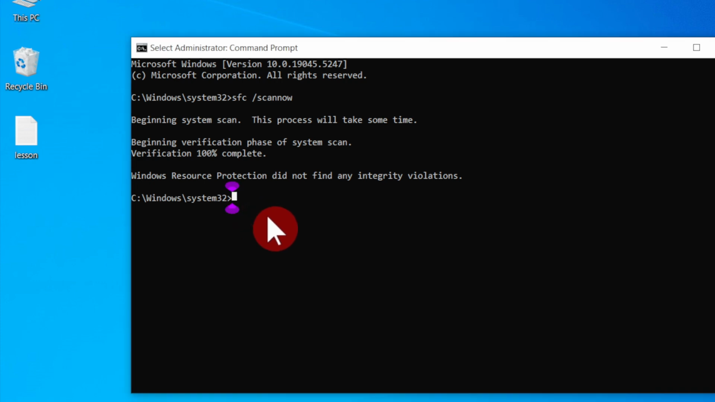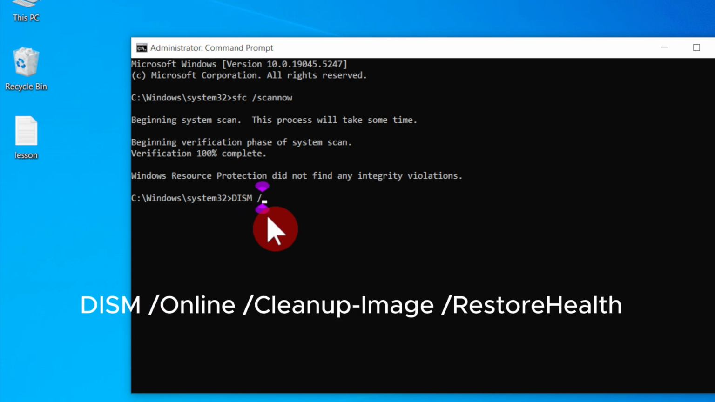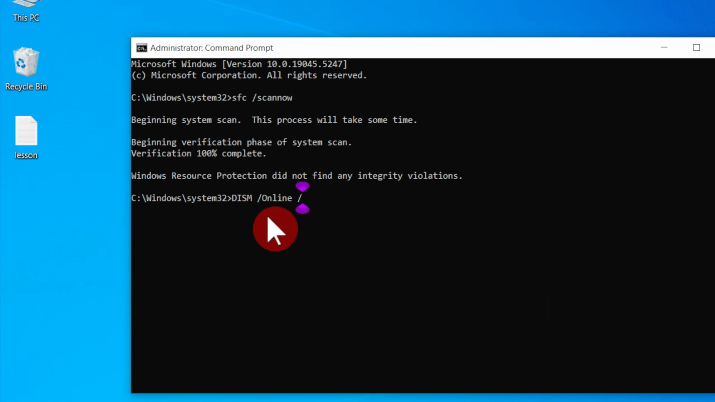Okay, in the command box type DISM in capital, then space slash online, space slash cleanup-image, then space slash restorehealth. Okay, this command restores the health of your